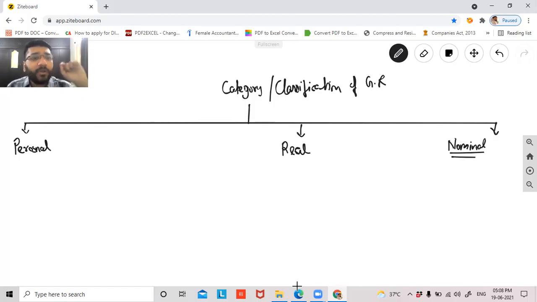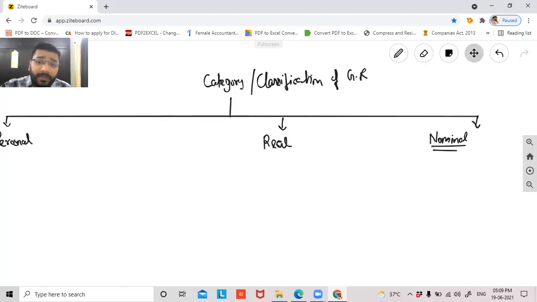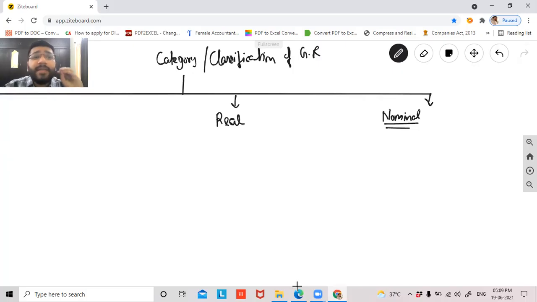Yes, are you able to understand this point, all of you? Yes, sir. So if you come across any transaction in that, if you can see a flavor or smell the flavor of income, gain, expense and losses, then the rule you look up to is nominal. Now what does nominal say? Nominal says that debit all expenses and losses.